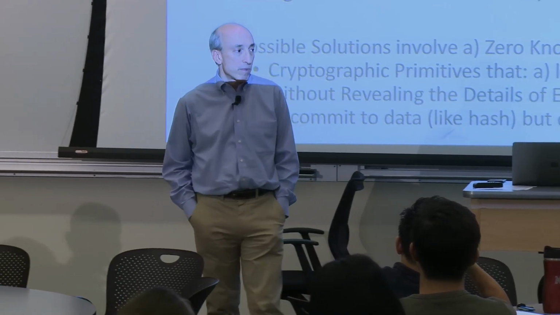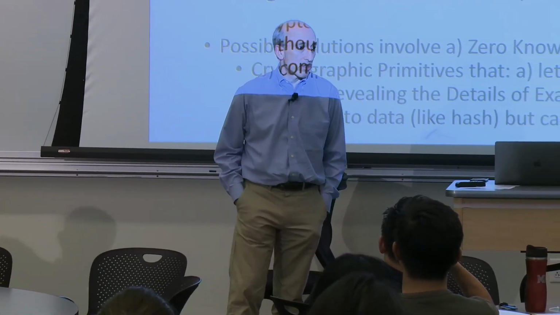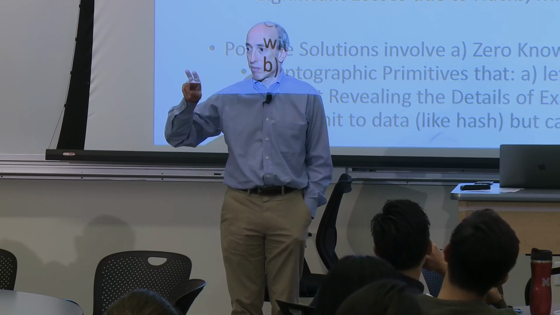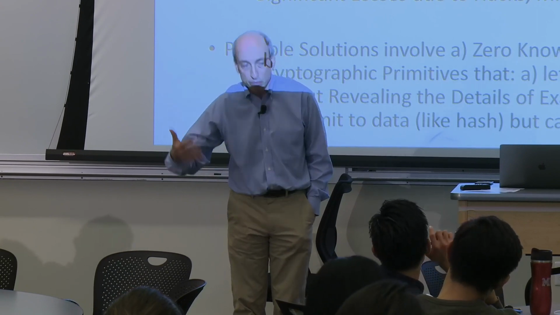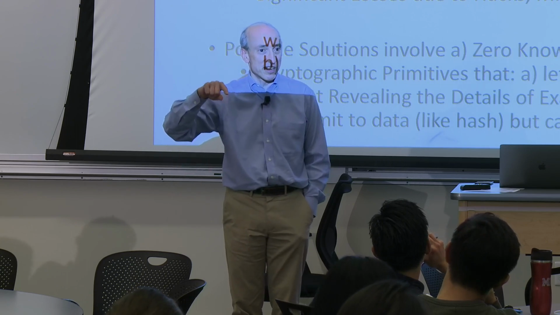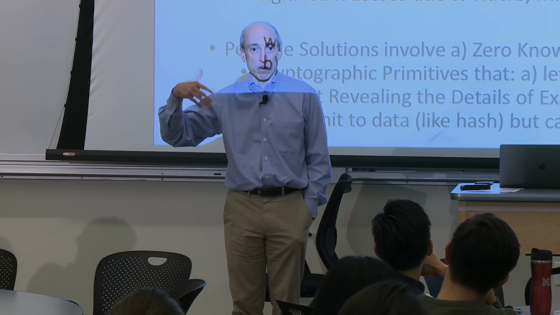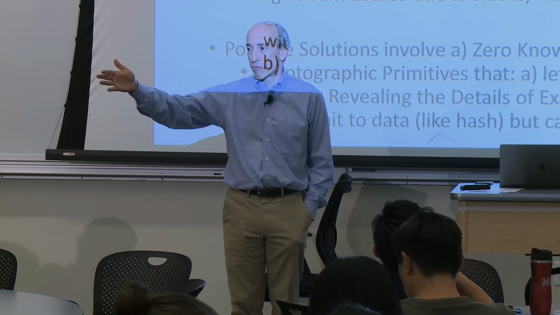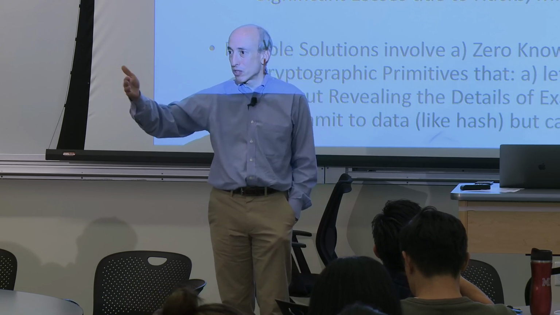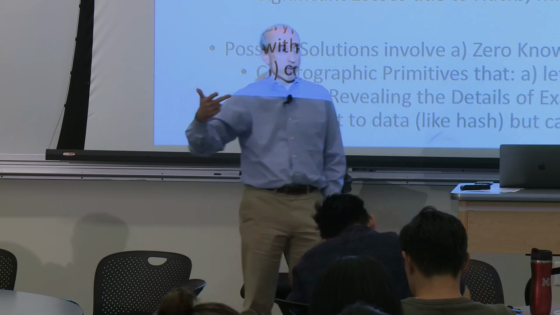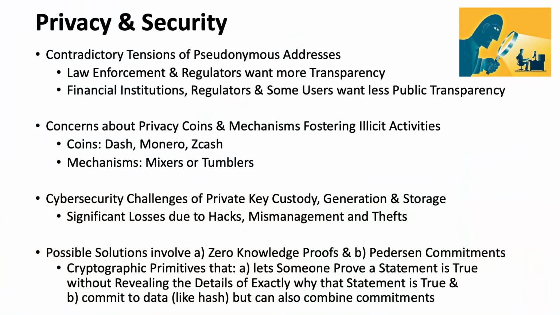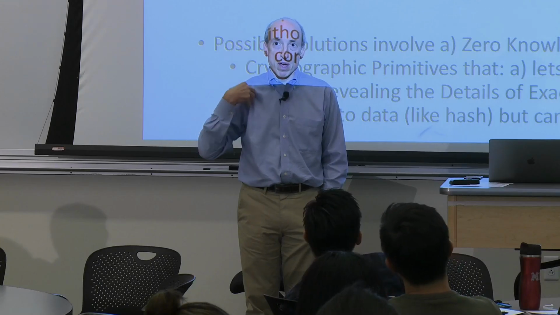I do think there are solutions here. Some are the things that Medors and Neha Narula, who runs the Digital Currency Initiative, are working on. They're using two cryptographic primitives we're not going to go into deeply. We did hash functions and digital signatures; those are algorithms, called cryptographic primitives. There are dozens of cryptographic primitives, math algorithms. The other two used a lot in this field are zero-knowledge proofs and, less often, Pedersen commitments.